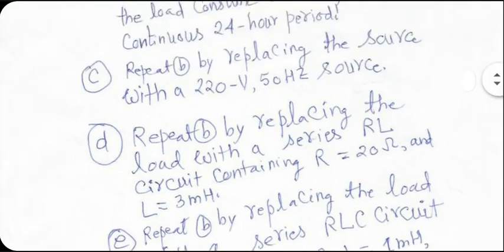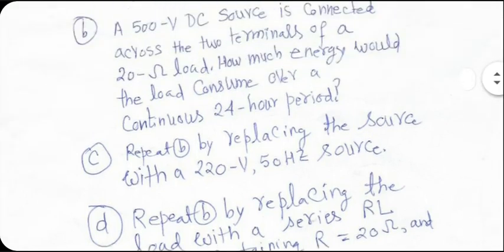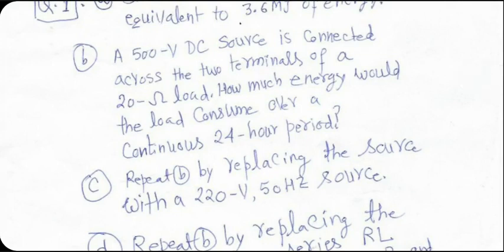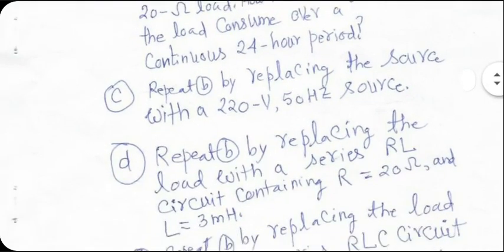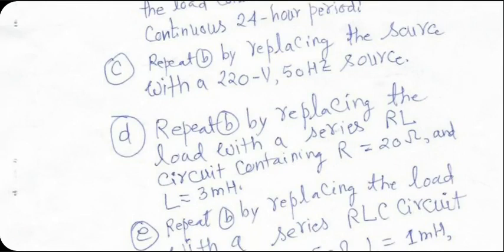If I had told you to repeat C rather than B, then the results would have been very interesting. But even here, conceptually, it's a very interesting case. You should get the same answer as in part B. The difference will not be there because the 20 ohm resistor was there in part B as well as in part D, so I think you should get the same answer. L will not matter. Its reactance will be zero for DC input.